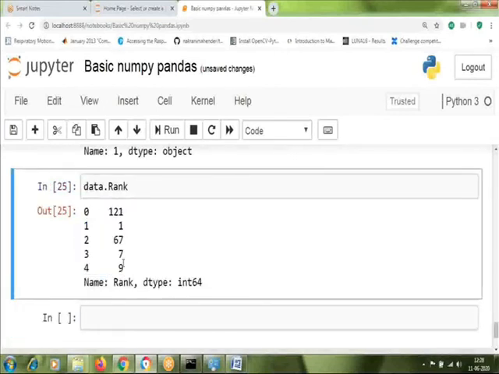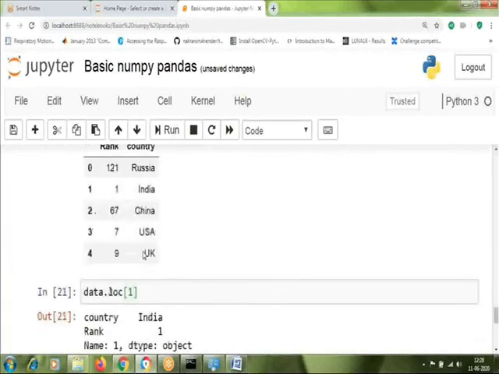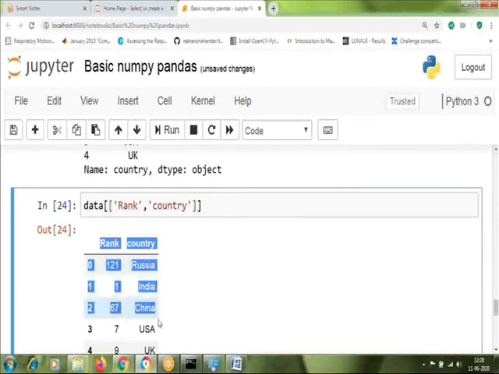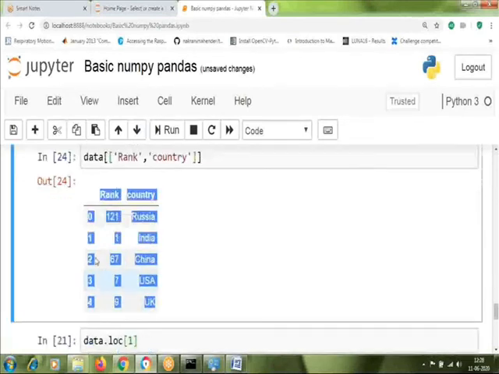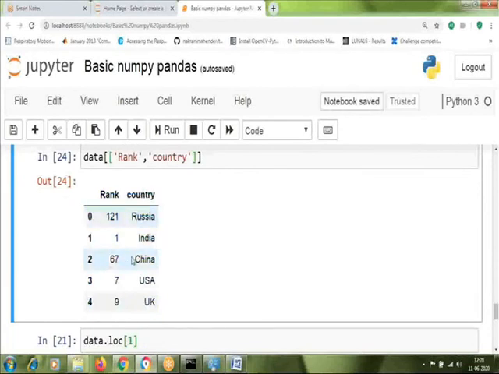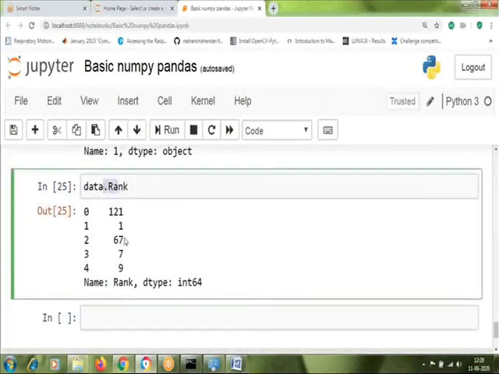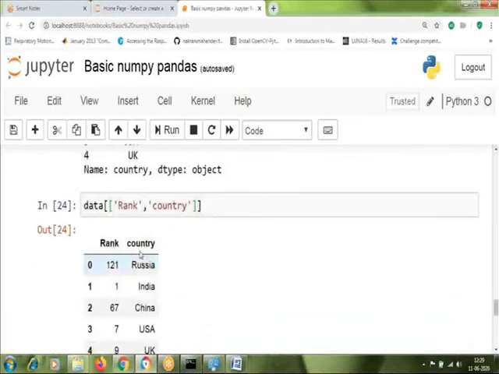Another advantage of using square brackets is that it gives the output in tabular form. Whereas when you use dot, it is nothing but a list, an array, so it's not in tabular form, whereas here you get the output in tabular form.